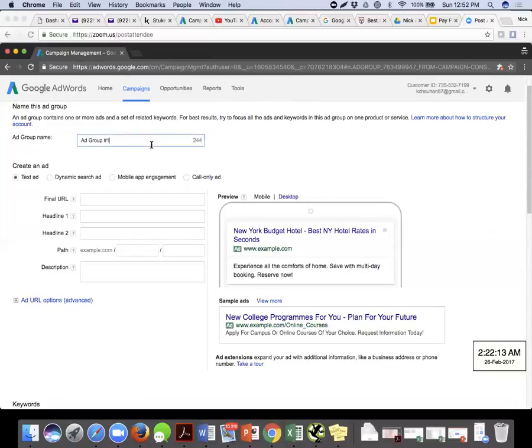So as you can see, ad group name. Now I told you underneath every campaign, we can have 10,000 ad groups, and underneath every account, we have 10,000 campaigns. As of now, we have just created one campaign, but this has to go further. The first campaign, the first ad group is ready. But later on, once this is all done, we can go ahead and create as many campaigns and as many ad groups underneath. So this is for the first time that we are creating the first campaign and first ad group. Let's say this ad group name, we can type in as ad group number 1. That's the name we are putting across.